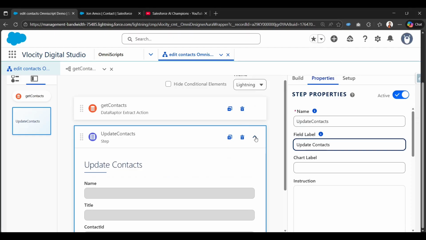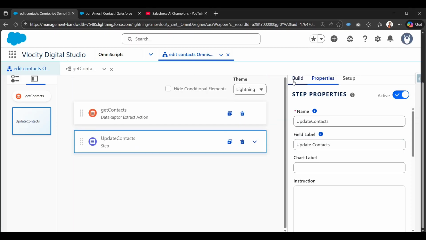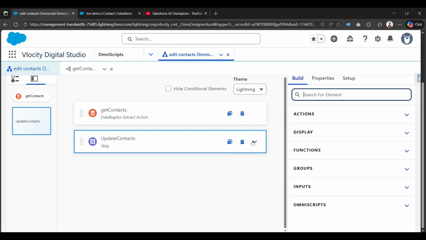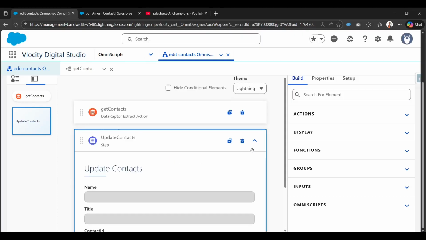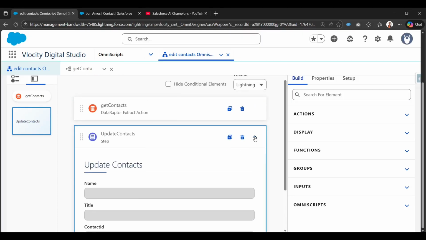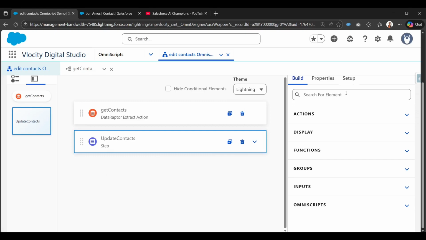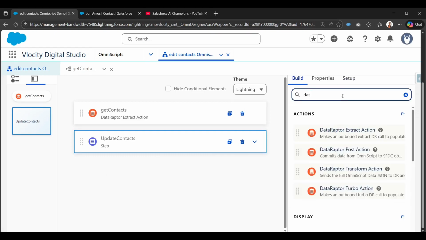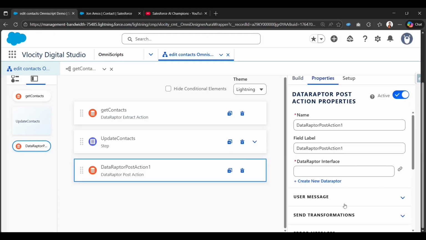So now I can just drag and drop this one. So this is our step element. After this step element, we want to place that DataRaptor post action. The DataRaptor post action lets us save our record back to Salesforce. So let me provide the name as save contacts